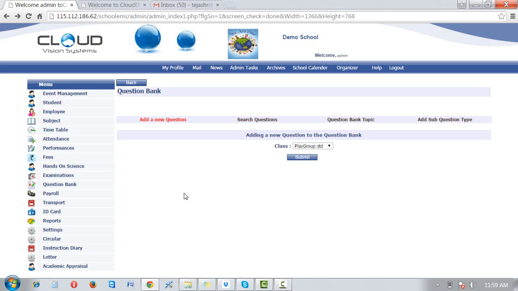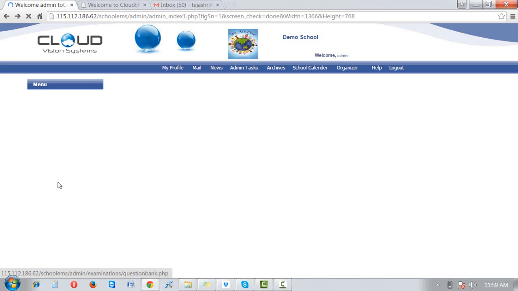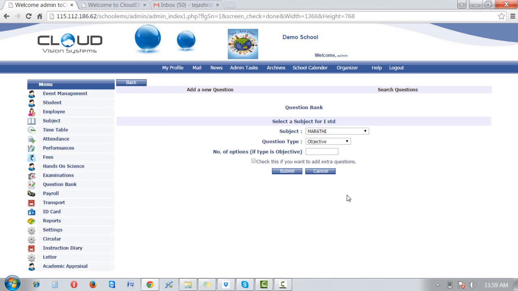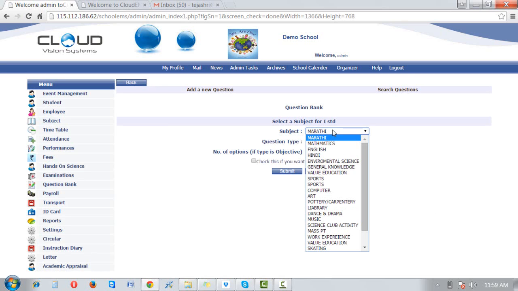Today we are going to go through the daily attendance. There are also many types, like entering the total count of working days, entering the present days and absent days, and at the end of the month. But this is the one we conduct on a daily basis, so after providing logins and adding the questions, teachers get their separate logins. Only the allotted subjects and allotted classes will be displayed in their subject list.